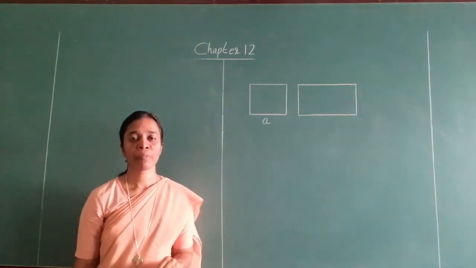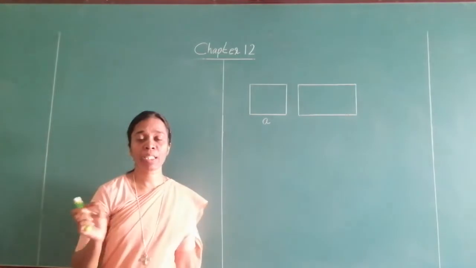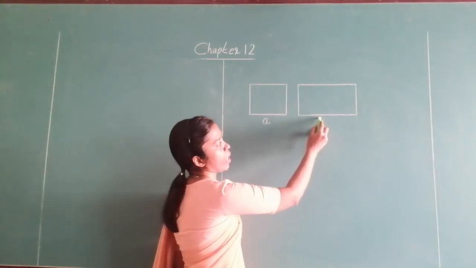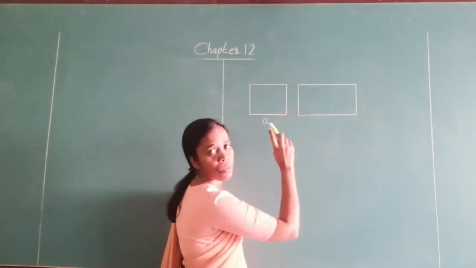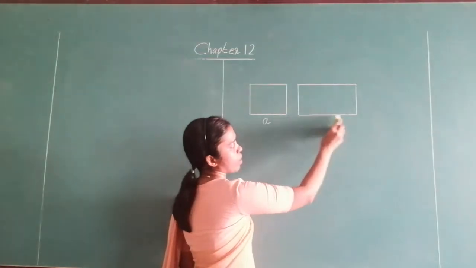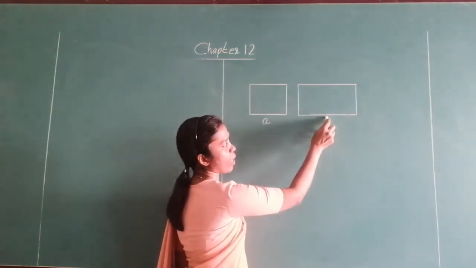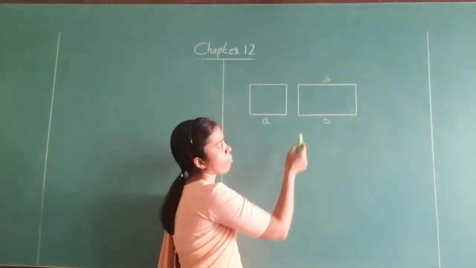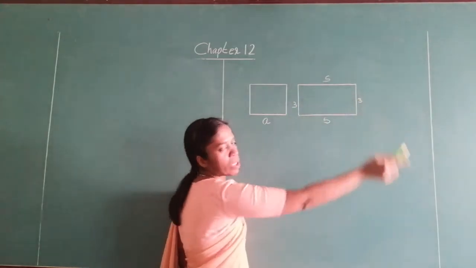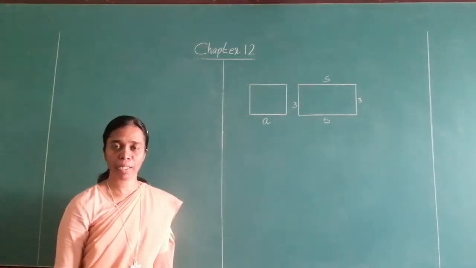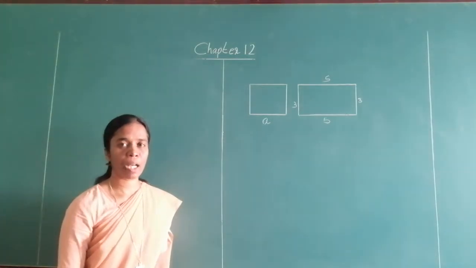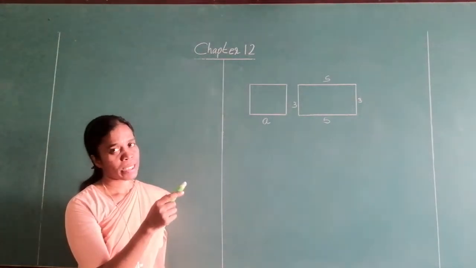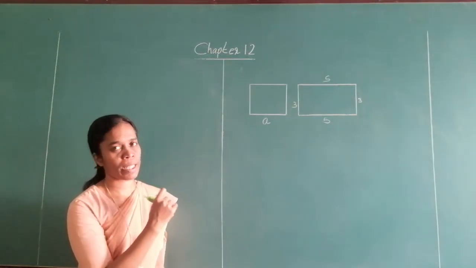What about rectangle? In rectangle we have lengths are equal and breadths are equal. Now length, suppose this is length. Length is always bigger than the breadth. So this is length, this is length. That is, if this is 5 centimeter, this also will be 5 centimeter. Opposite sides are equal. If this is 3 centimeter, this will also be 3 centimeter. For a rectangle, opposite sides are equal. And the longest one we call length. The smaller one we call breadth.